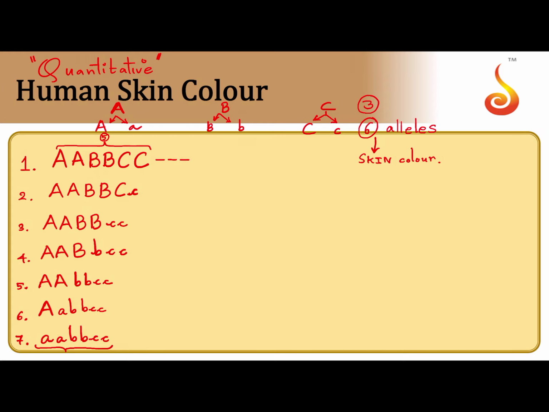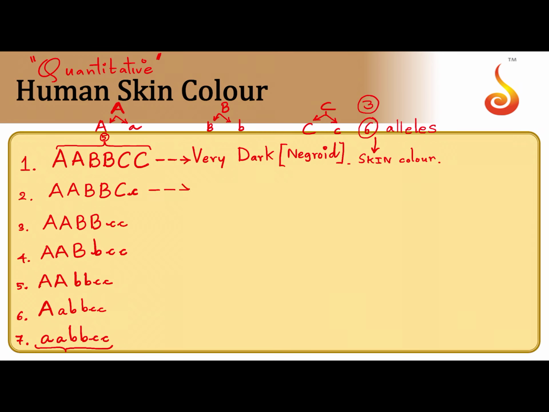Now, a person who has all dominant alleles in his genome, do you know what his skin color will be? His skin color will be very dark, and this very dark skin is referred to as the negroid skin. Okay, so for a person to have a very dark skin, he should have all the alleles of these 3 genes which are located on his chromosomes in his genome. All the alleles must be in their dominant condition. Capital A, capital A, capital B, capital B, capital C, capital C. Notice that the skin has the darkest color, that is very dark.